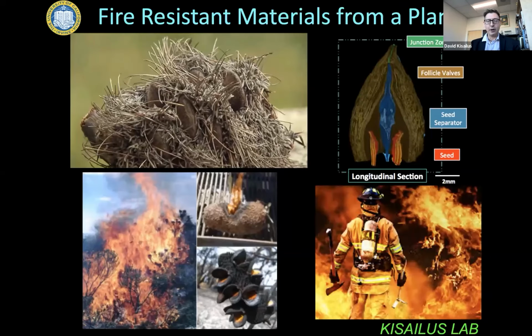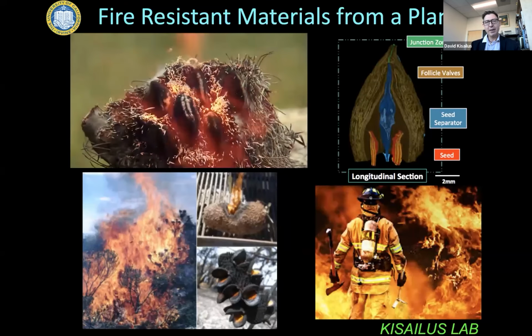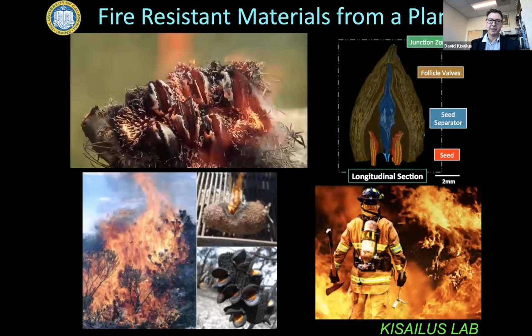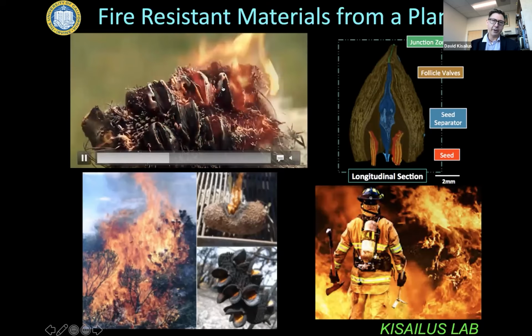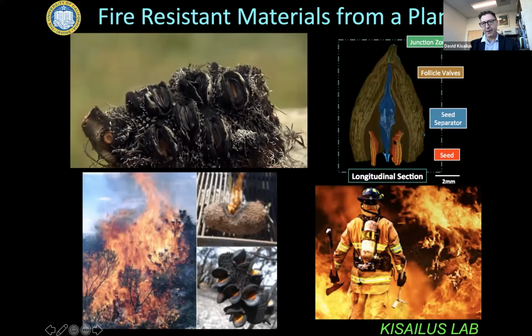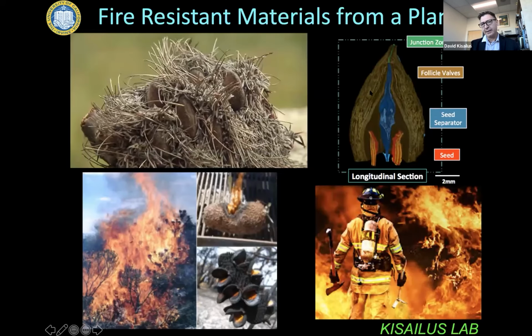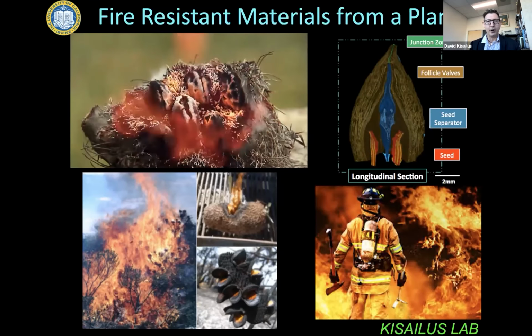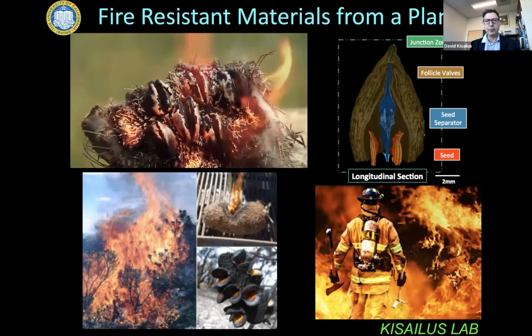And then this is quite an appropriate one for California. This is a fire-resistant plant that requires fire to actually propagate its species. It's actually found in Australia, of course. Fire burns. These pods that protect the seeds here on the right in red actually have to survive against really intense fires in the bush, 600, 700 degrees centigrade. We took it in the lab at 1,100 and it survived for a pretty long time. Can we understand the designs from this plant to make fire-resistant fabrics and building panels? I mean, California is always on fire. So this is something we'd like to do.